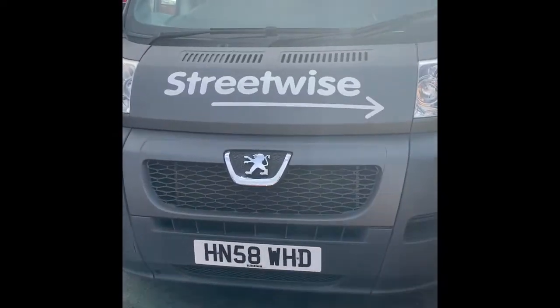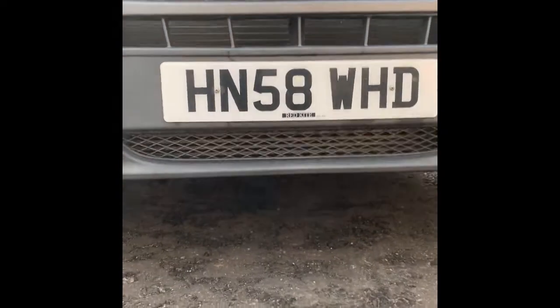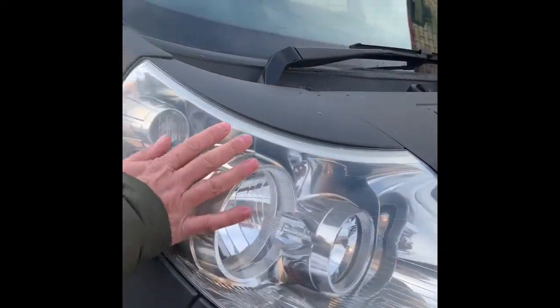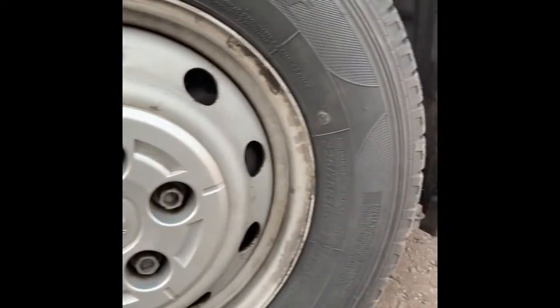So you're walking up to it, first thing you're doing is making sure that there's no water or oil underneath. You might see a little puddle there, and it's a good way of checking the grip on the front tyres, the tread in the tyres. Have a look at all the headlights, make sure there's no cracks or anything like that. The mirrors, make sure they're still attached. And then all the tyres on every wheel, just go around, check the tread and the wheel nuts are still